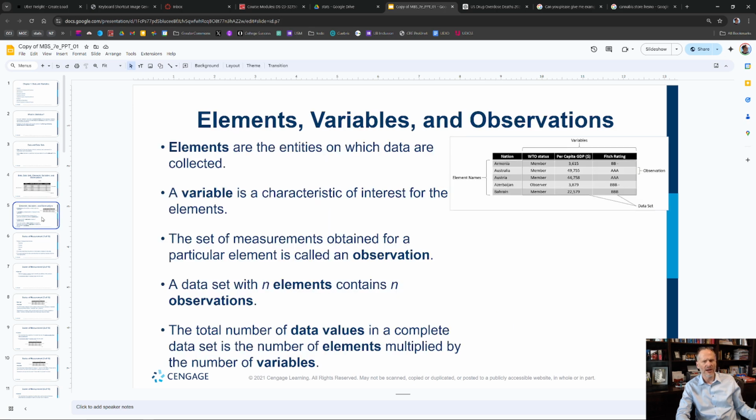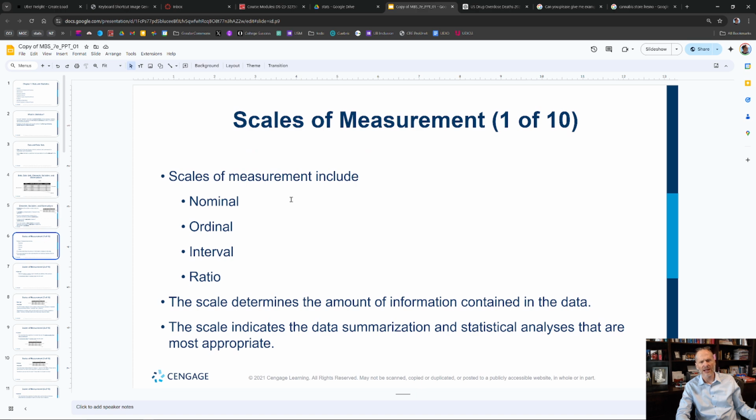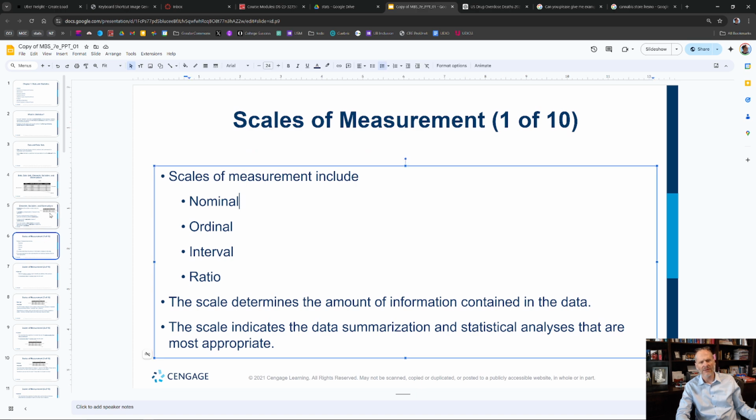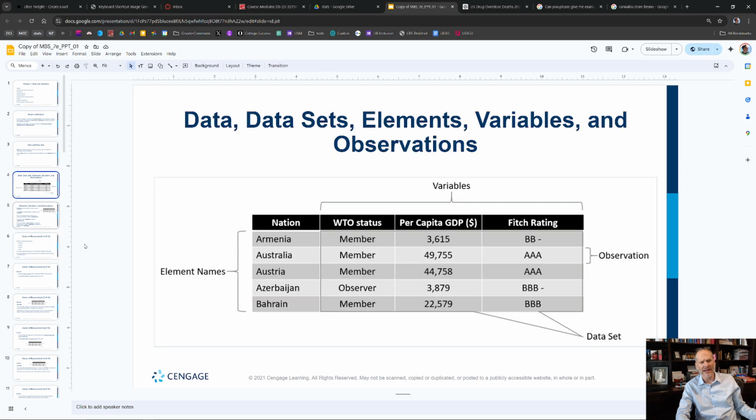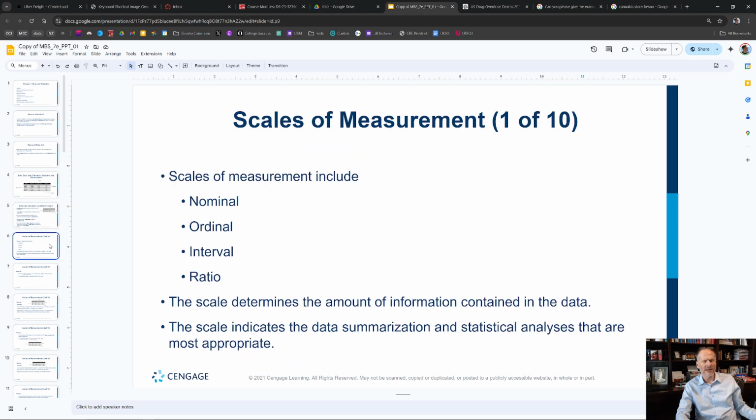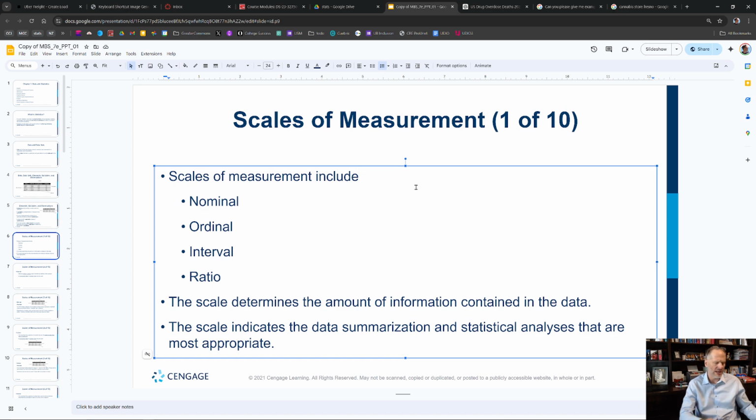And so here, scales of measurement, we're talking about how do we think about the different ways that we could capture data? Is it going to be a word? Is it going to be some kind of a rating like this, some scale? Is it going to be some numerical value? And the way we think about the different ways that we can measure things with data is that there's 4 categories. And so these 4 categories, these scales of measurement, include nominal, ordinal, interval, and ratio. And I think about those again with this acronym NOIR.